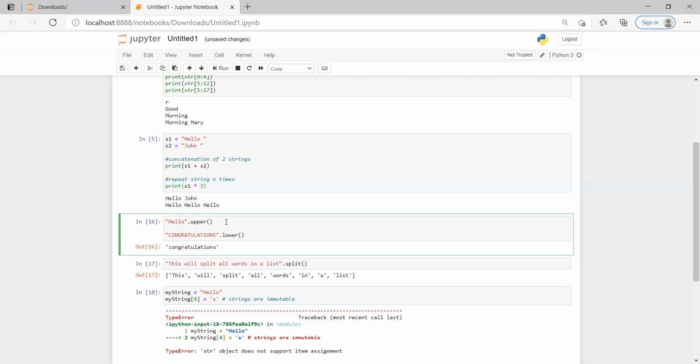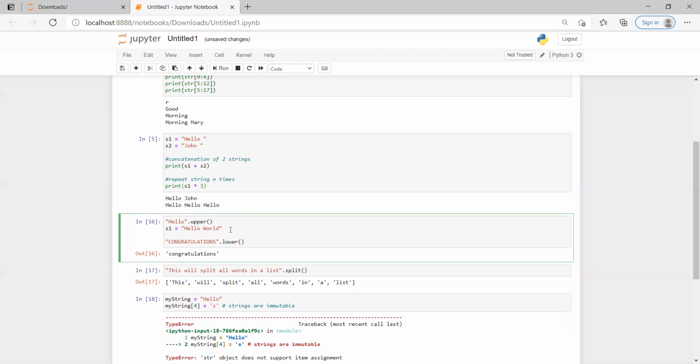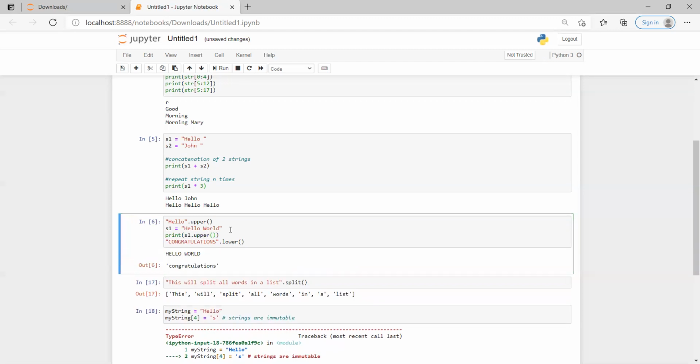I'll take a small case: S1 is equal to hello world. If I want to bring this variable to uppercase, I print S1 dot upper. Let's see what it gives. Hello world is showing in uppercase.